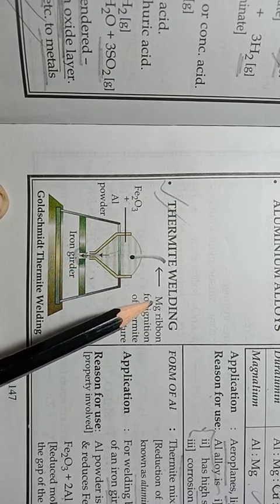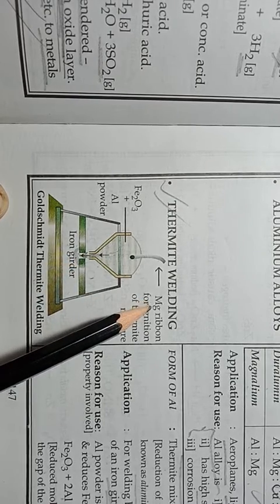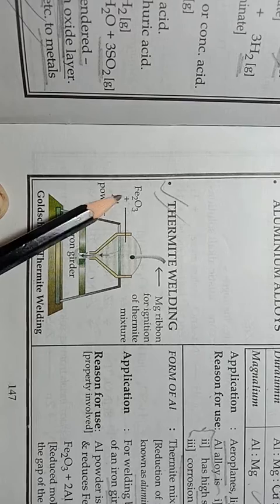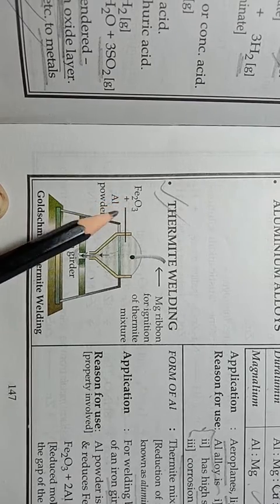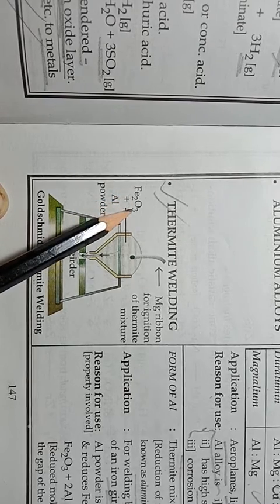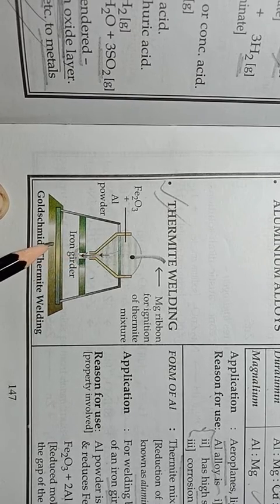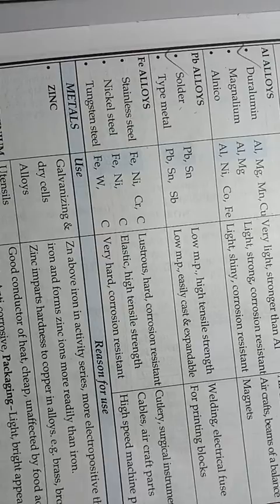So the magnesium ribbon is creating that much temperature, which helps to convert the iron formed after the reduction of ferric oxide into molten iron. Okay, you can see that